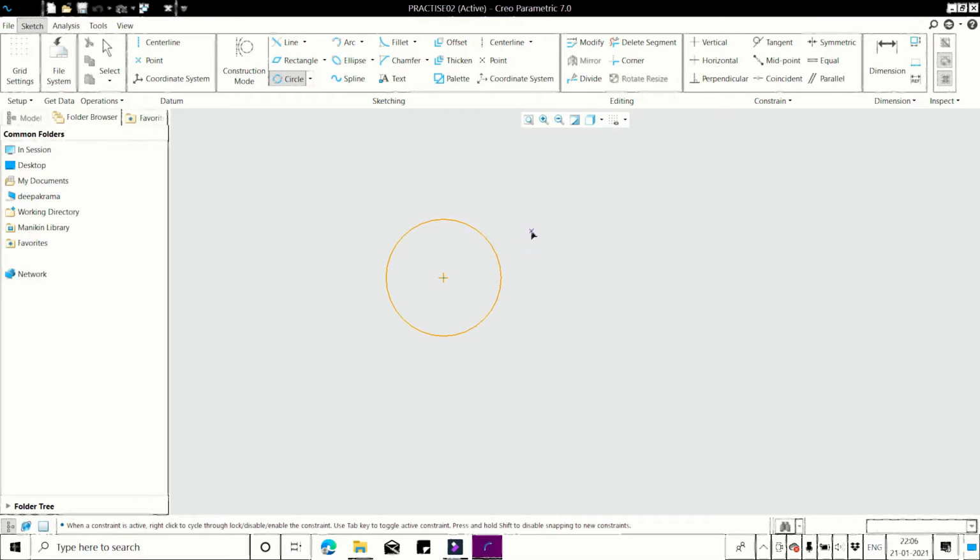See, middle mouse button. Then give the diameter for that. See how the 3-point circle is created using the 3-point option.